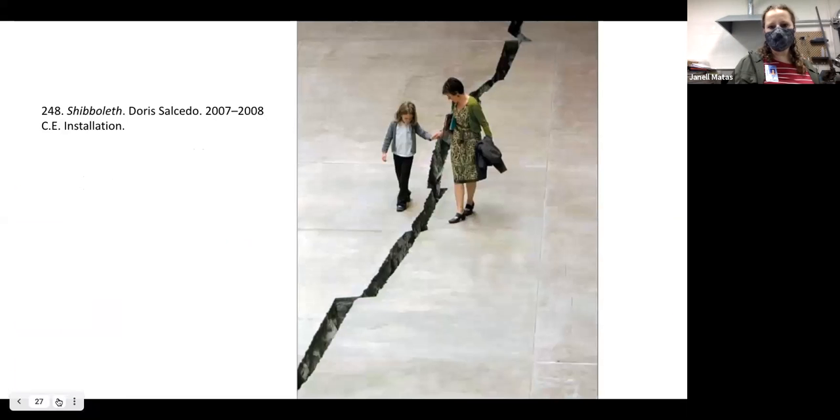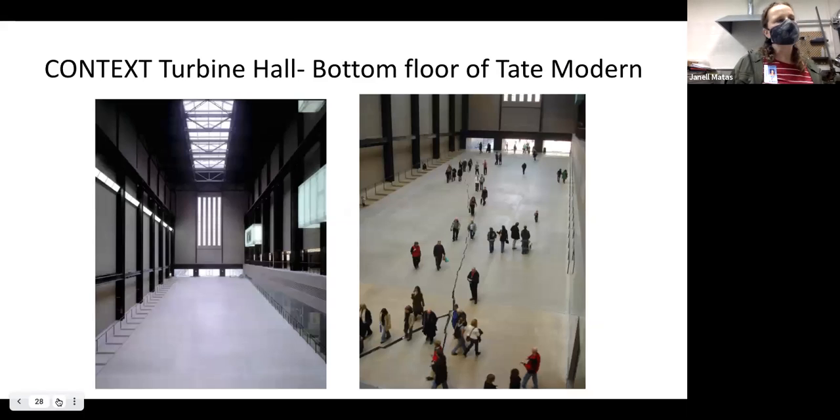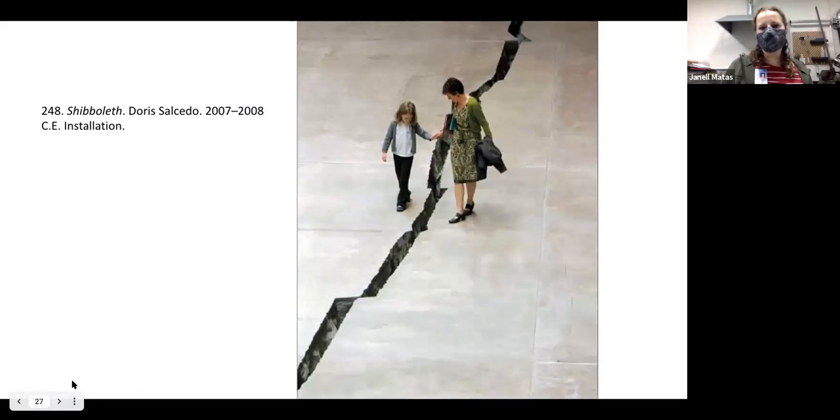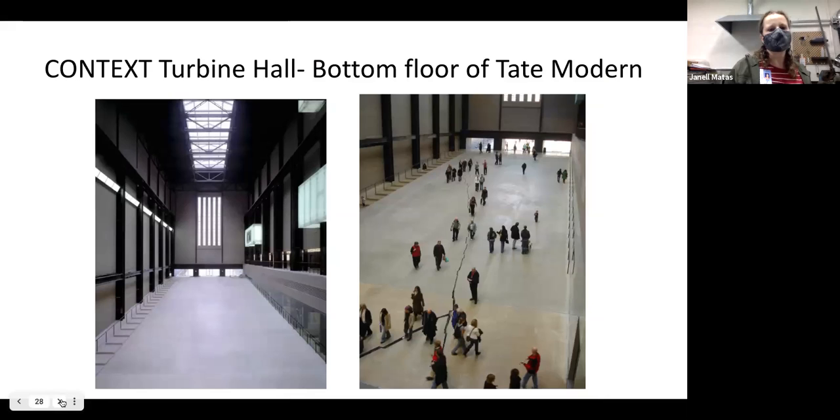So we're continuing with cultural identity. This is Shibboleth by Doris Salcedo. Right. So this image that we have is a close-up of this. And this artwork was installed in the Tate Modern in London. So Tate Modern is the quintessential modern art museum in Britain. And so Turbine Hall is an open space where you would buy your tickets, right? So it's this big atrium section of the museum where you would go to buy your tickets to enter